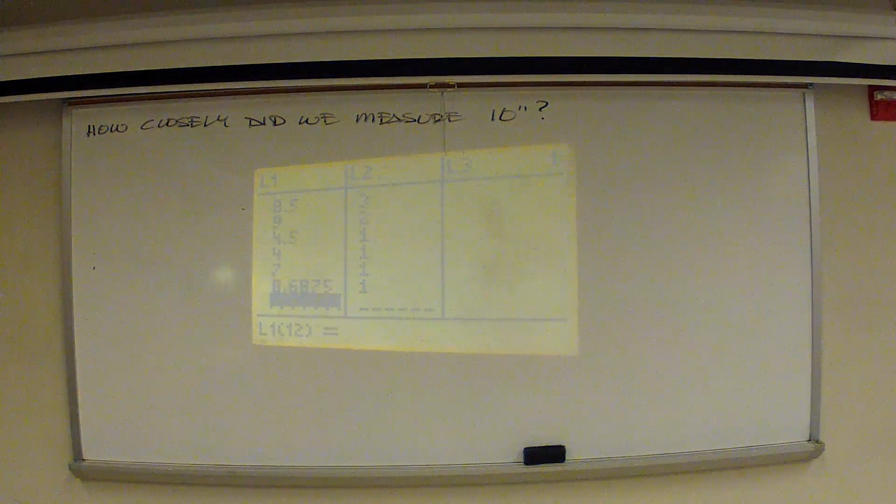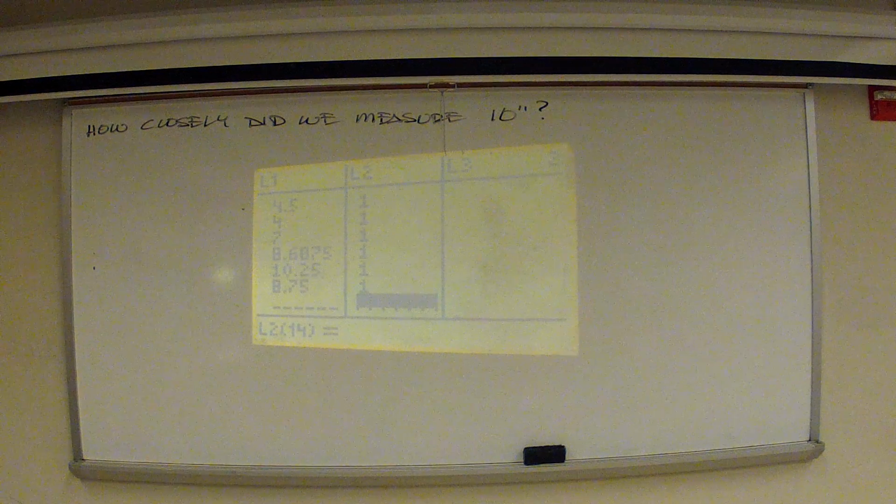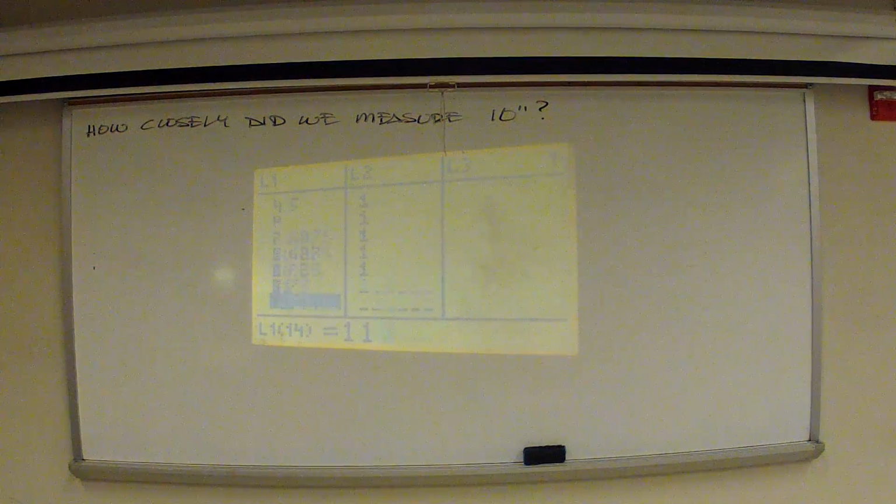Who else haven't I got? That's Susie. 10.25. Anybody else do 10.25? Nope. Ken, you had 8 and 3/4. 8.75. Anybody else? Just the one? Anybody else I didn't get? Me? 11. Say that again? 11 even. There we go. What do you got, my friend? 5 and 3/4. Throw one of those in there. Everybody's data now? Everybody's in?